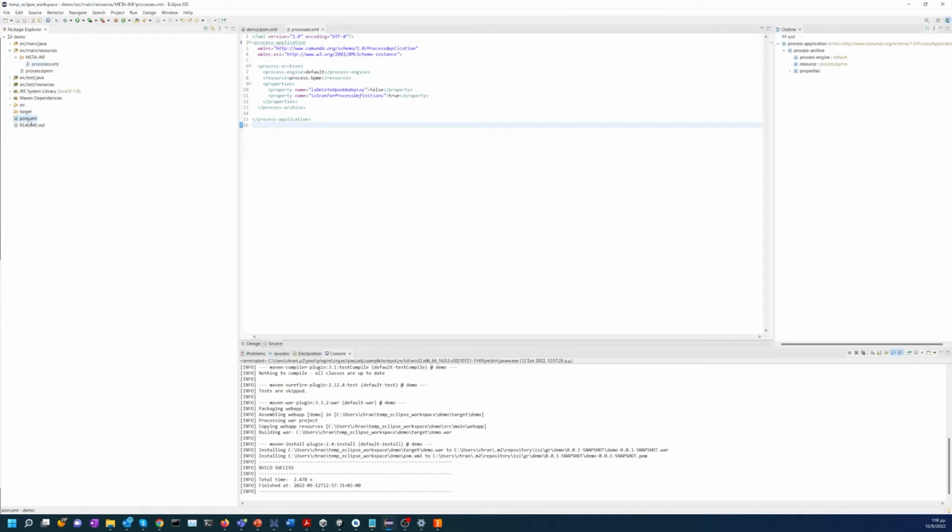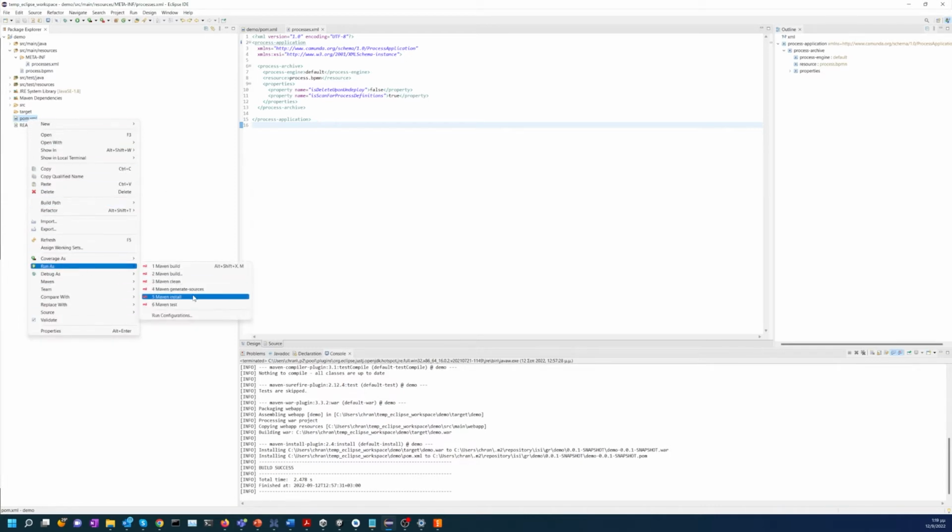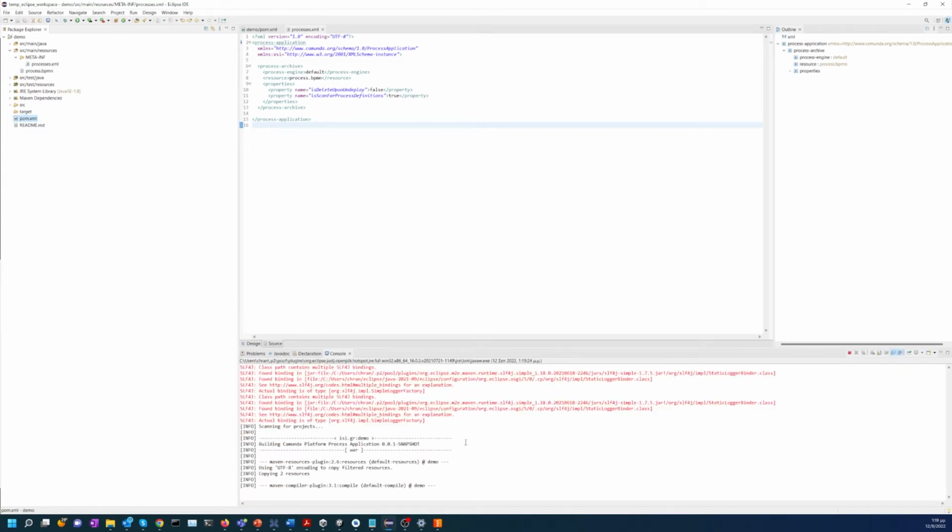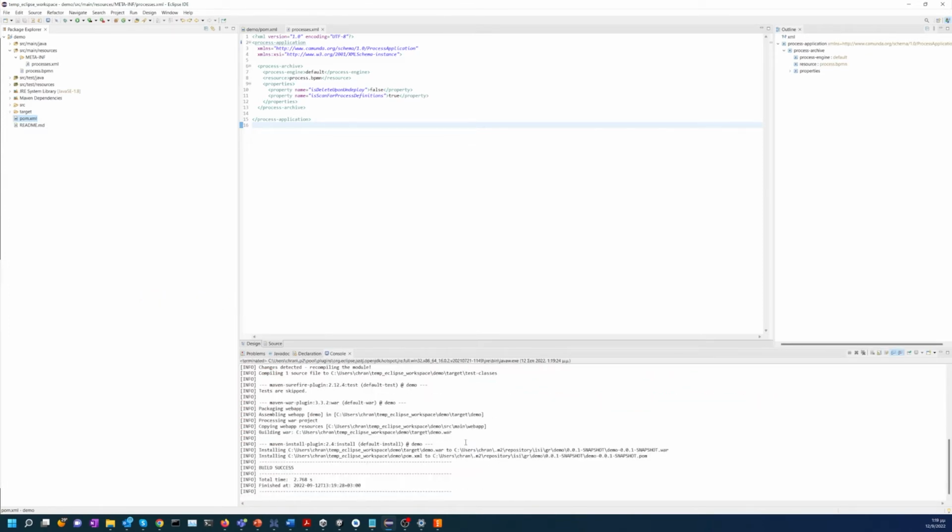If we right click the .xml file, we choose Run As, Maven install. The build is successful, and